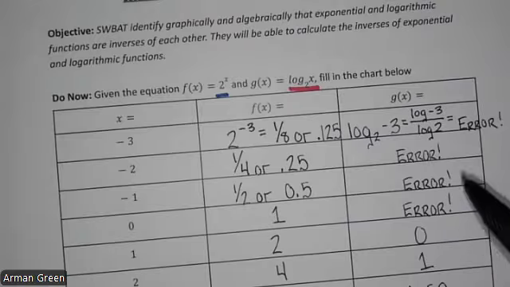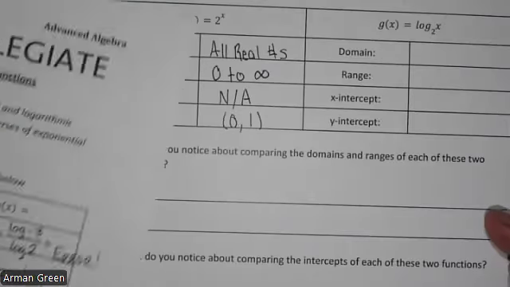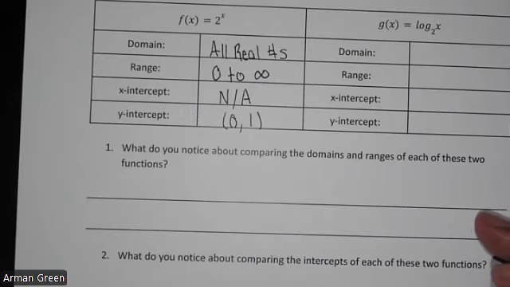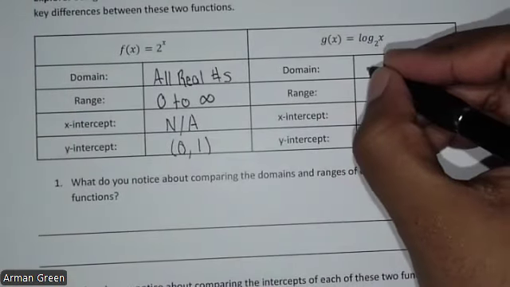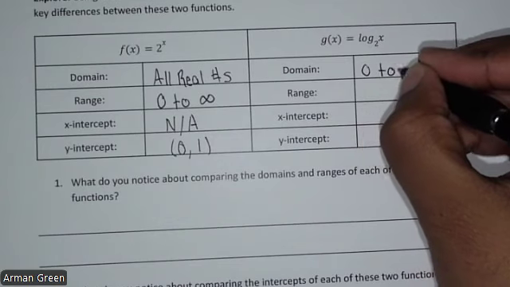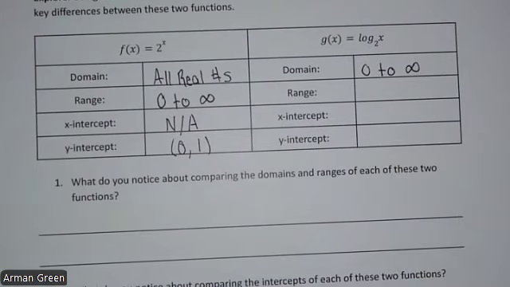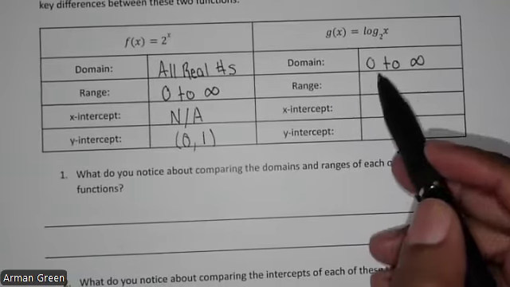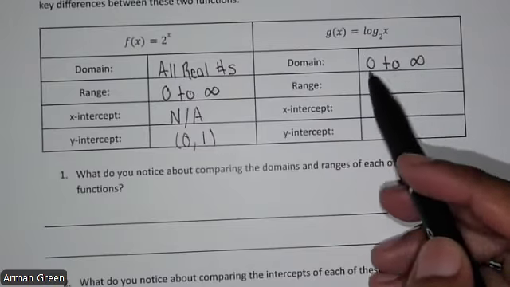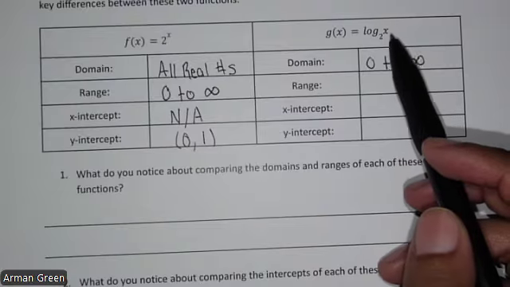So because we can't use every single x value, the domain for this function is going to be 0 to infinity,